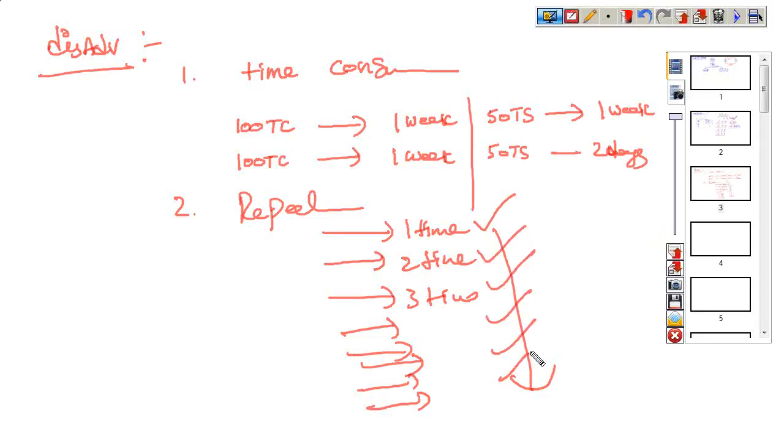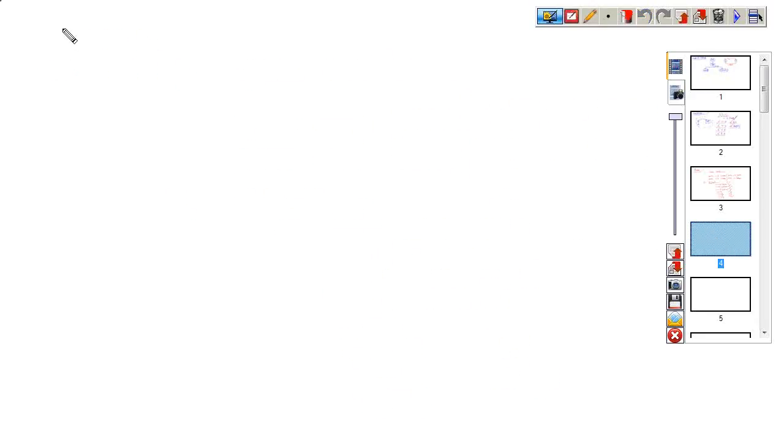This is one of the drawbacks of manual testing. Testing one functionality again and again is not possible with the same interest. And the third drawback is